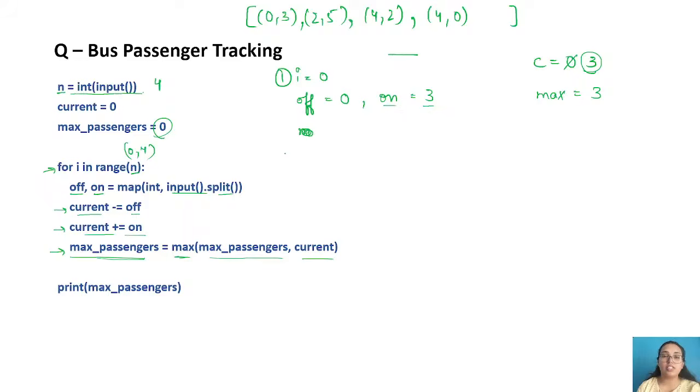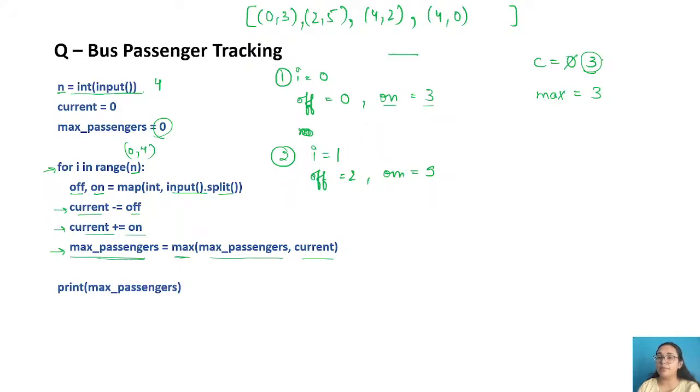Okay, now the same thing we have to do for the second loop. i equals 1. Again we have to take the second input line. So the second line is 2 and 5. Again, in off, 2 is going to be stored, and in on, 5 is going to be stored. Now from current you subtract off.